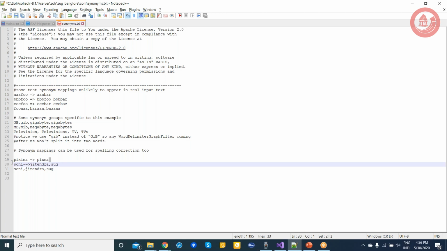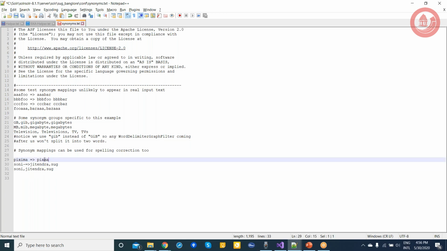This one is one-way, where you say that if I'm searching for Pixima, give me the word of Pixima, but it's not two-way. Now this one is two-way, where if you search for Sony, it will give you results for all these words, and if you search for, let's say, soup, it will give you results for all these words.